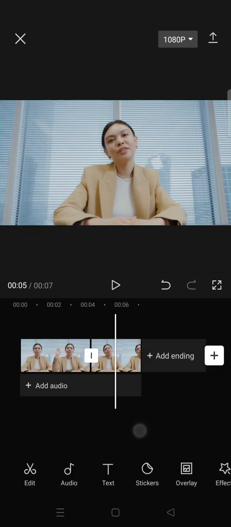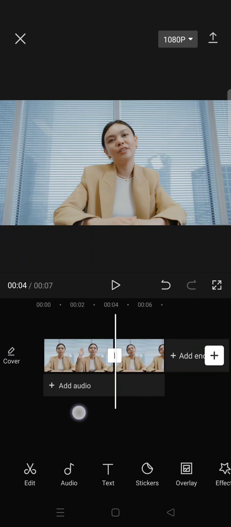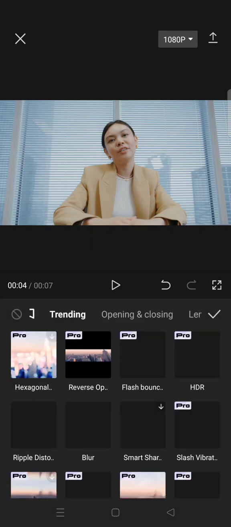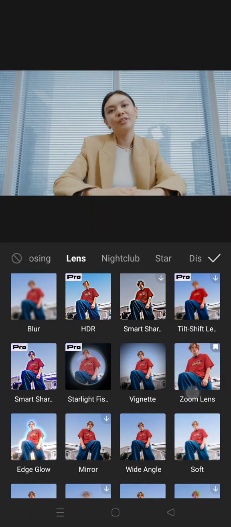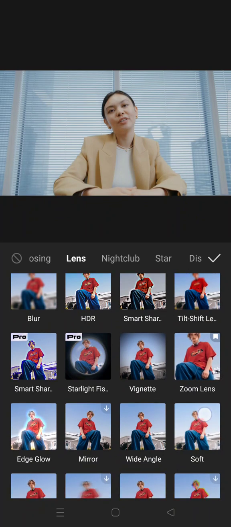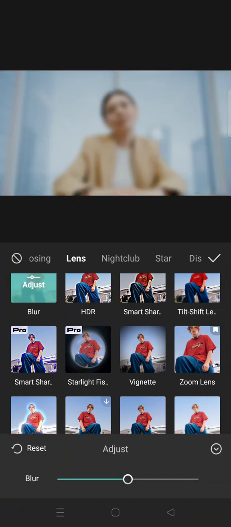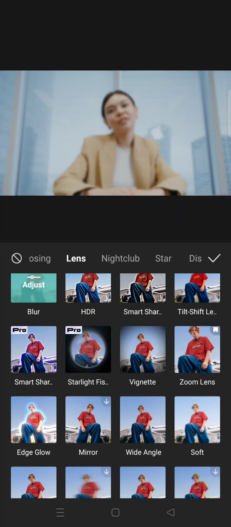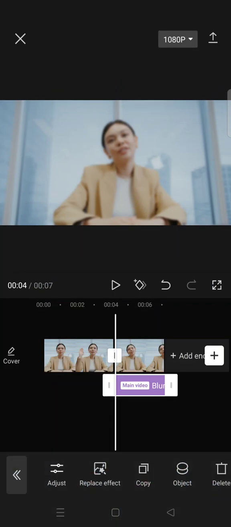Okay, so this is the freeze, and after that I'm going to add a blur effect. So go to the video effects, click on the lens and find the blur. Okay, this one, adjust the blur to only around 20. Okay, click on a check icon, and then